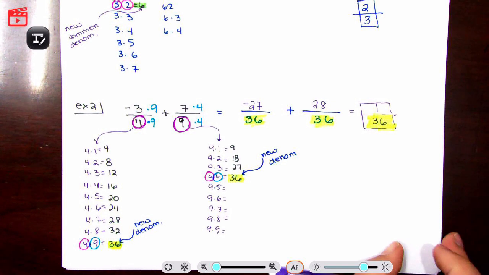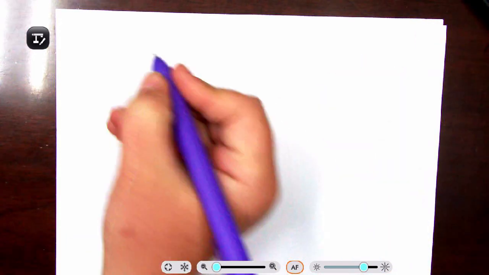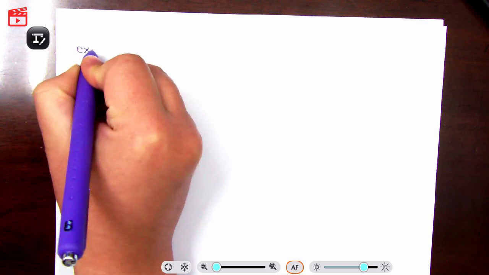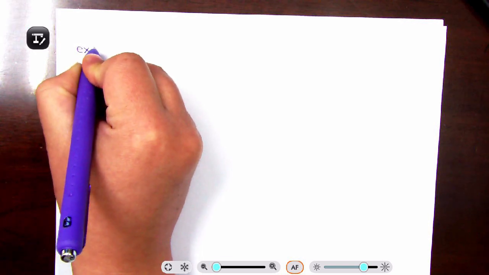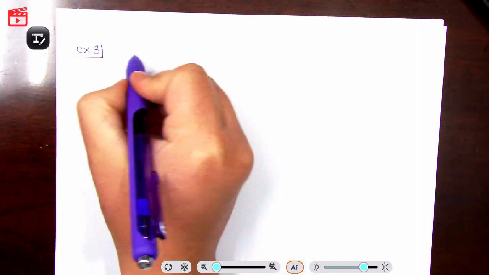Let's do one more example. I'm going to throw in a little bit more negatives. We're going to have a subtraction this time. Don't let the subtraction scare you. It's exactly the way it is with addition, excuse me. So example 3. Let's do